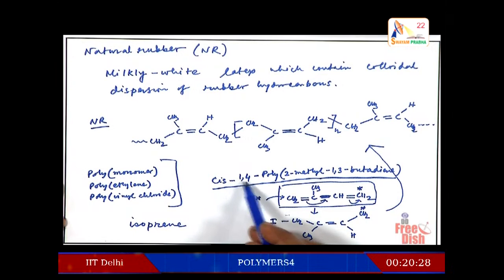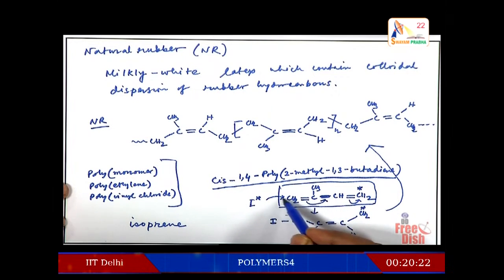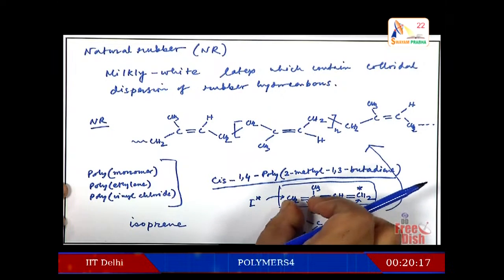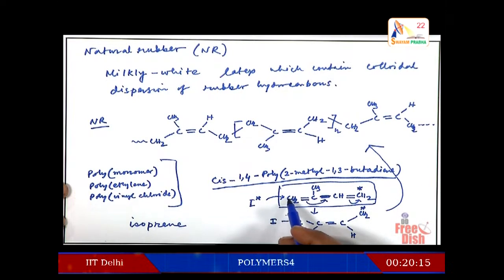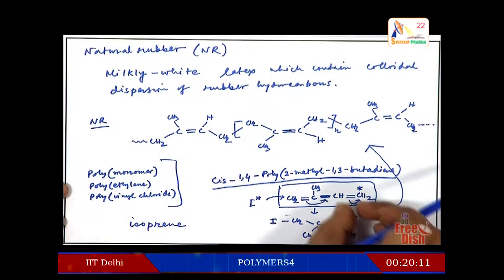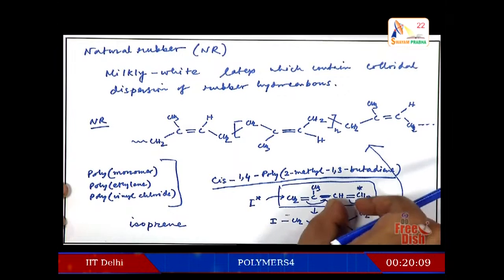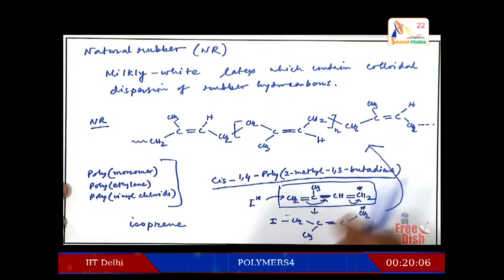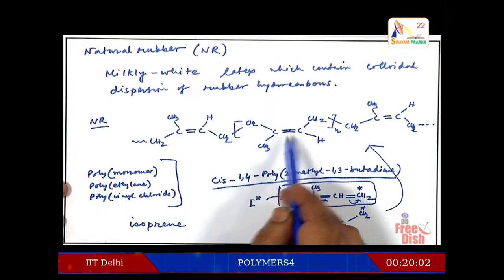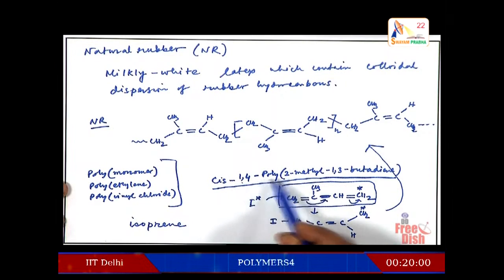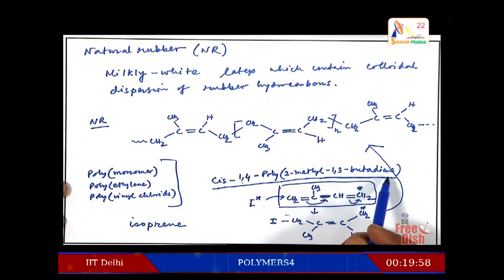I hope you understood why it is 1,4, because sometimes you can just add here, the active center will be here and you can make a polymer with this. So, that will be a 1,2 addition. You can have the polymer made through this only using this double bond. So, that will be a 3,4 addition, and in this case it is a 1,4 addition. That is why, because of the cis configuration, we write cis-1,4-poly-2-methyl-1,3-butadiene, and